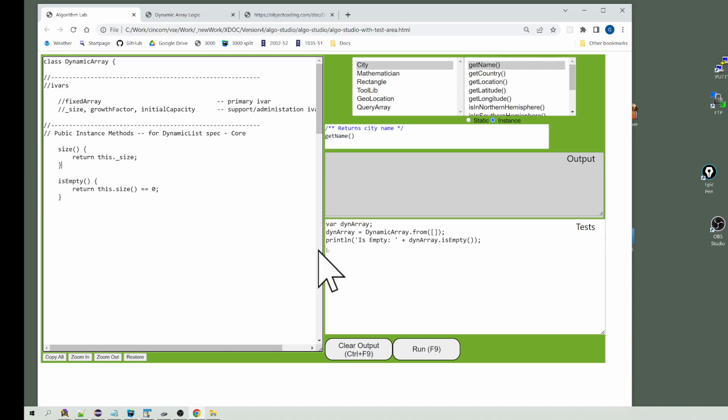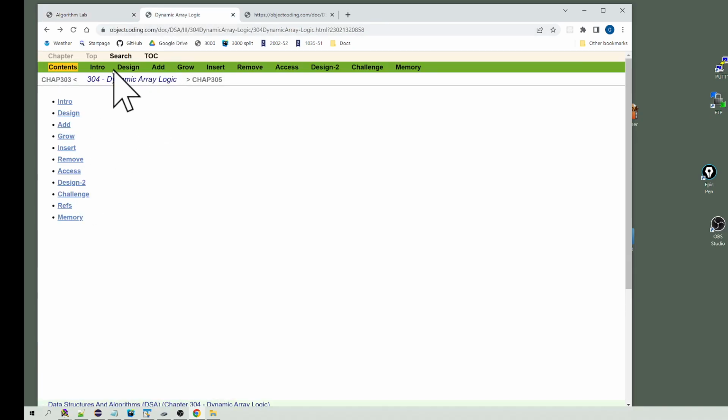It's always nice to start off with simple, and we test as we go. Size, all we're going to do is return that ivar. Now it's not magic. That's not going to be correct automatically. We need to do bookkeeping on that ivar as we code, right? For example, when we add an element into this list, we'll want to increment size. If we remove an element from this list, we'd want to decrement the size ivar, right? But in terms of just returning the size, which is all this is telling us to do, let's go back